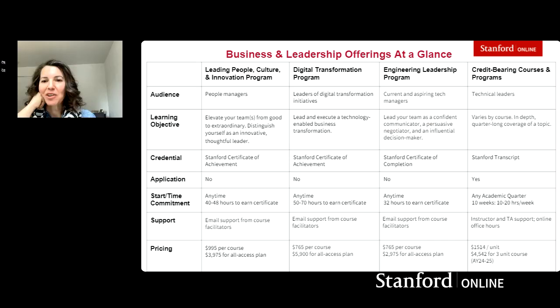I see here a question. Are there any live classes for the engineering leadership program? No, not at this time. The program right now that we have available is asynchronous, self-paced. So Tuesday afternoon, you're ready to learn, then you're going through it on your own. However, we could have updates and changes to this and maybe offer a different modality for this program in the future. So it would probably be a good idea to sign up to receive updates for announcements for things that are going to happen. But right now, the engineering leadership program is an asynchronous program.